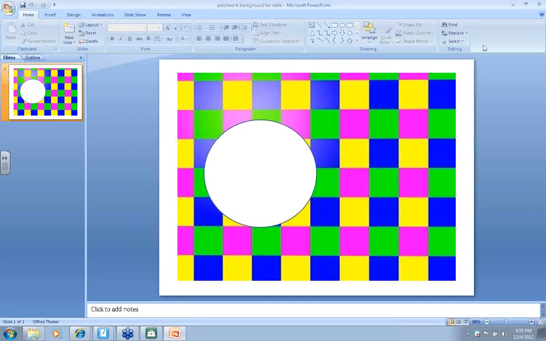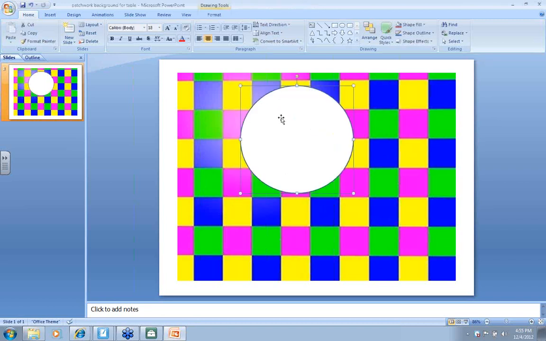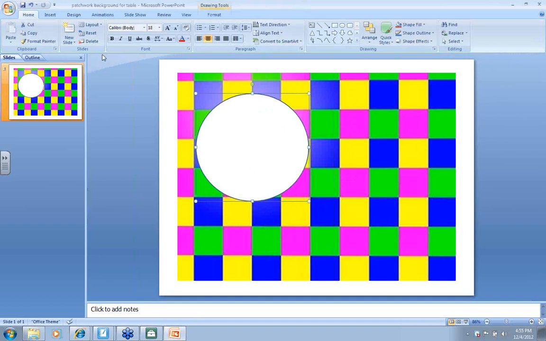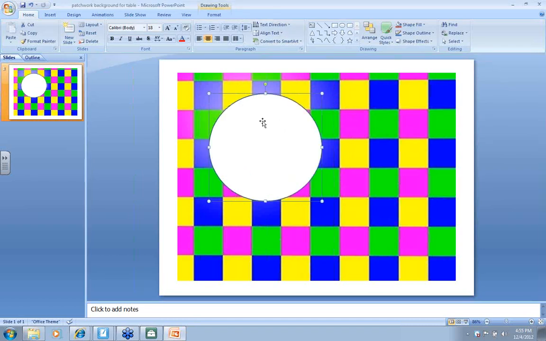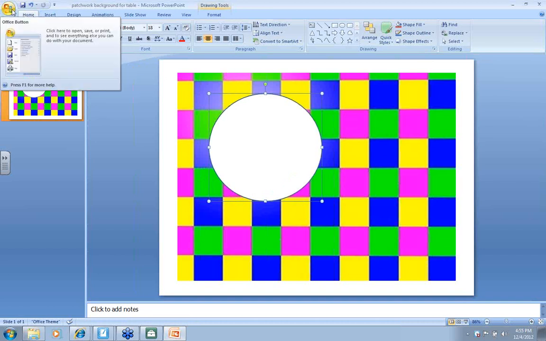You could create this and use Paint to do this. The idea, so this is just using PowerPoint. This was just a picture that I got off the web, and then I created this circle inside of PowerPoint. Now the PowerPoint won't work for what I need, but what I can do is if I come up to my Save button,